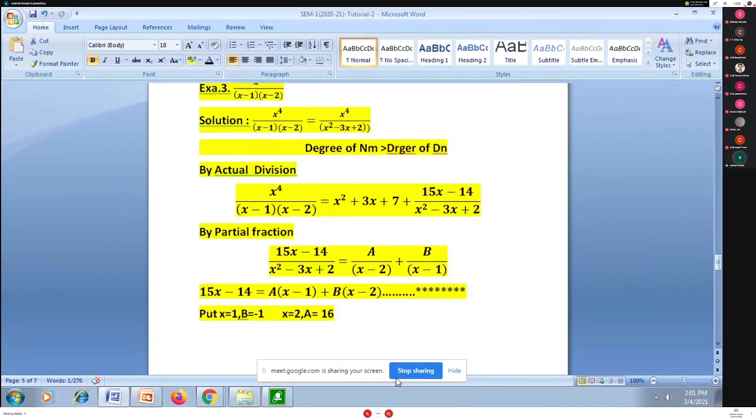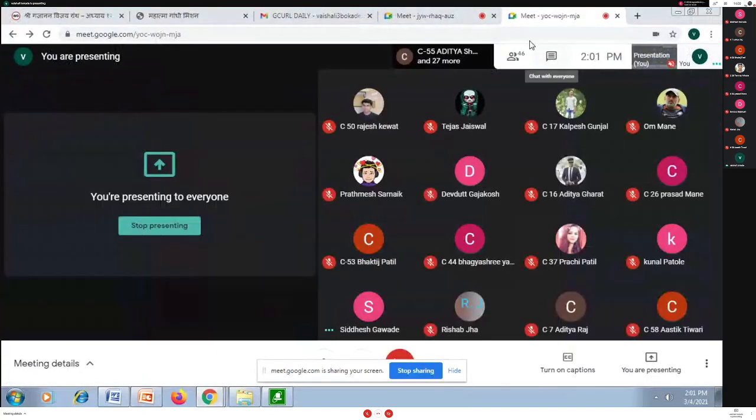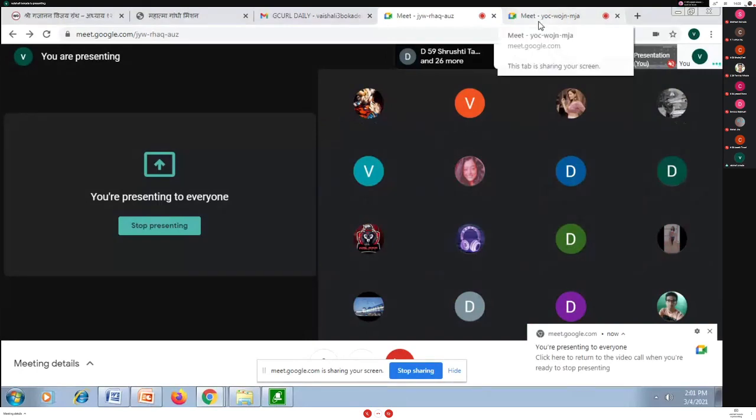So now tell me, how many of you are not getting this x raised to 4 upon x minus 1 into x minus 2? How many of you are not getting this? How this comes? Let me go for. I have to check how many students are here. 46 students are here and 45. So total 91 students are here. So right now on the word file, I can't go for writing that. So what I'm going to do here is